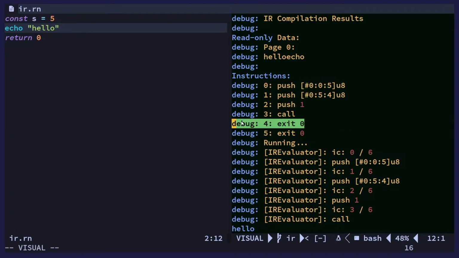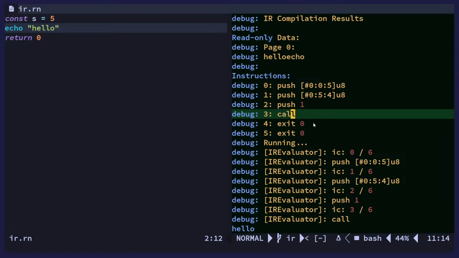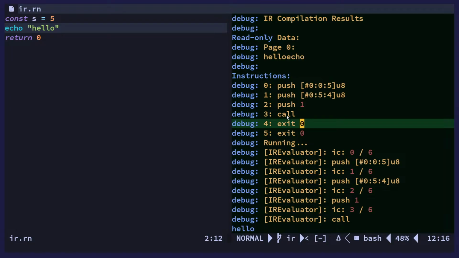Also, we have a double exit 0 because we automatically add an exit 0 at the end anyway. We don't really need to because we're controlling the thing, but it's the usual thing you have at the end of the program. Like in a real assembly program, you would need to have some kind of exit at the end. Otherwise, the process wouldn't know where to exit. There's not an end. I mean, I guess technically, okay, whatever. Anyway,